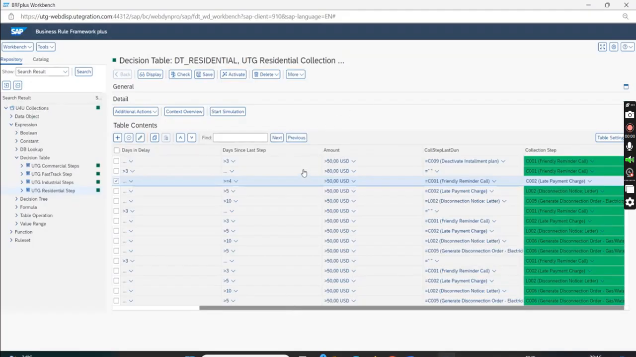The ABAPer will insert one column. Insertion of a column is not allowed as a functional, you cannot insert a column, although you can insert a row. You have this plus button, you can insert a new row, but you cannot insert a new column. Column means the fields that are used to identify the next collection step. To insert a new column, the ABAPer will add the column, and as a functional you have to give the logic to the ABAPer. That if it is more than 60, I don't want to disconnect the